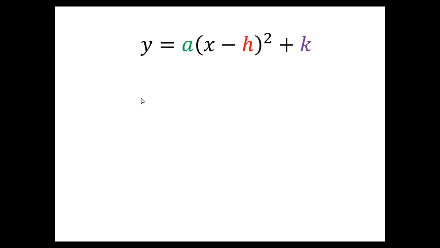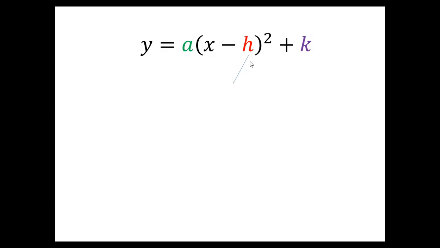Let's take a look at this equation more. Y is equal to a bracket x minus h all squared plus k. We have a as the number that's being multiplied to the x squared term, h is inside the bracket, and k is the term that's added or subtracted to the x squared term. Now, we're going to talk a little bit more about the h because sometimes the h appears to be something